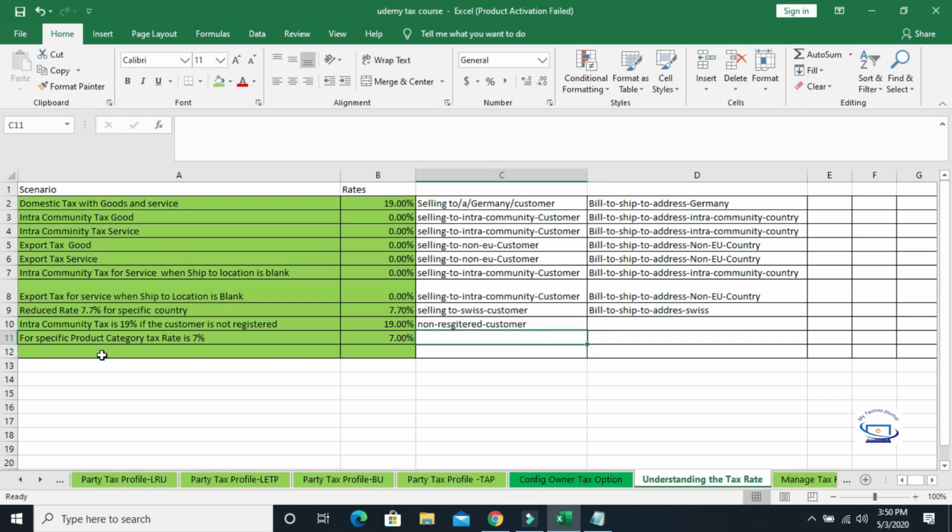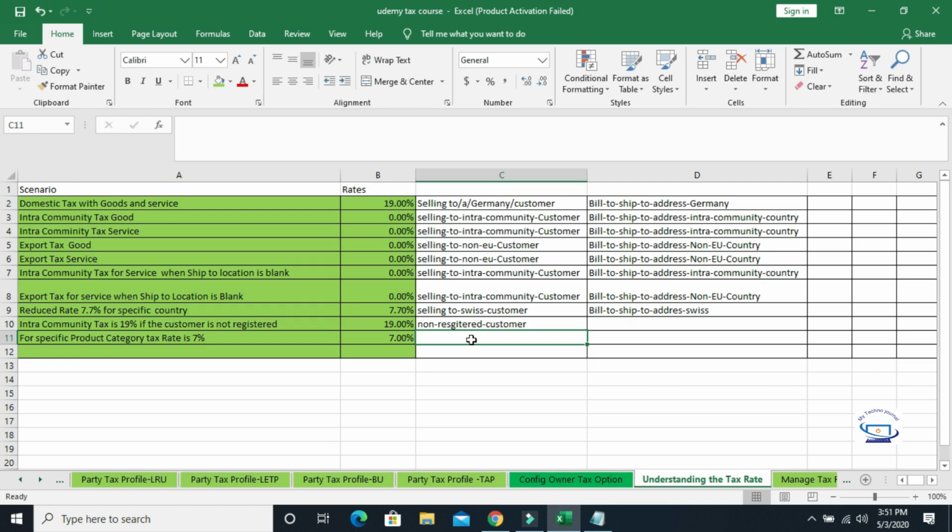Another scenario: for a specific product category, the tax rate is 7%. Okay. So for most goods and services, the standard tax rate will be 19%. But there can be certain rules for certain consumable or non-consumable items where the government has specific rules that a reduced rate of tax will be applicable.